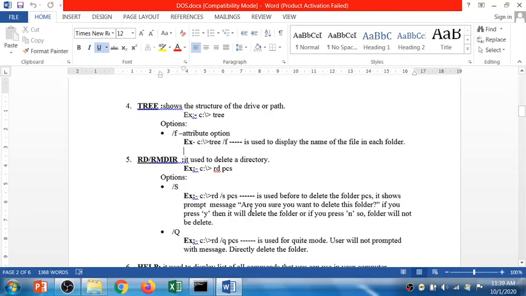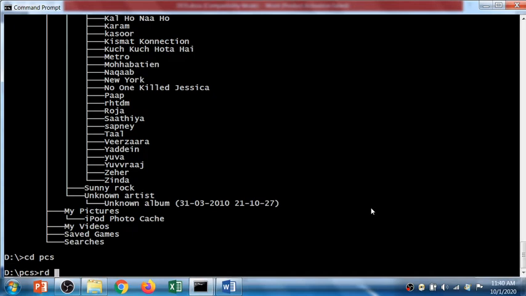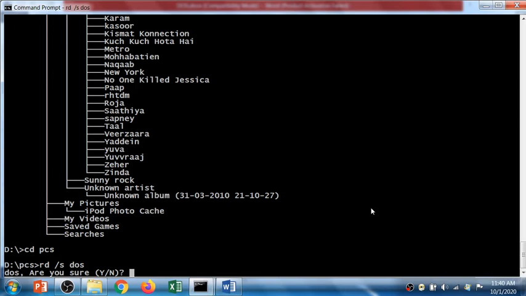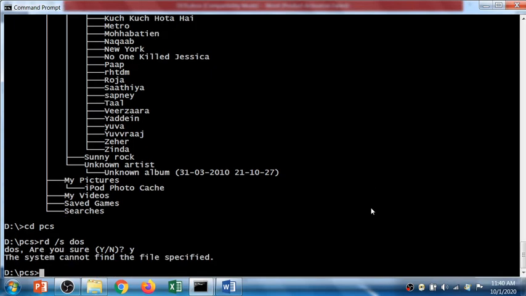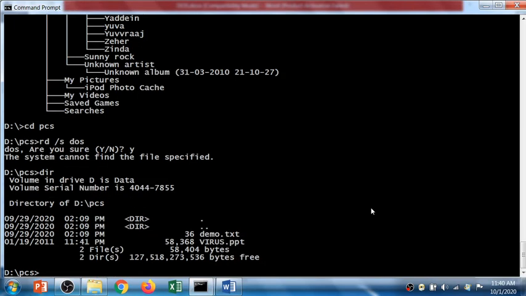Suppose I use /s, that gives you the prompt message. So along with the rd command, I'll use the attribute /s space DOS folder. This command asks the user, are you sure you want to delete this? If I press yes and enter, it will delete the folder.